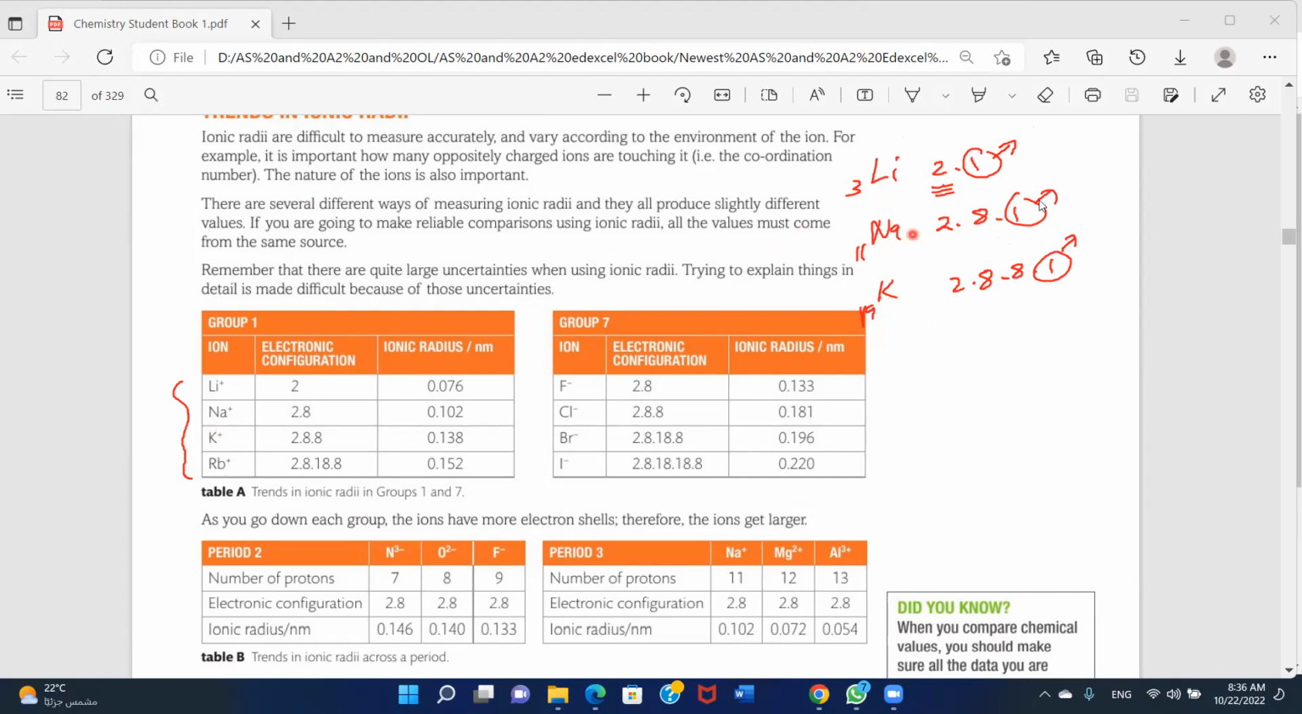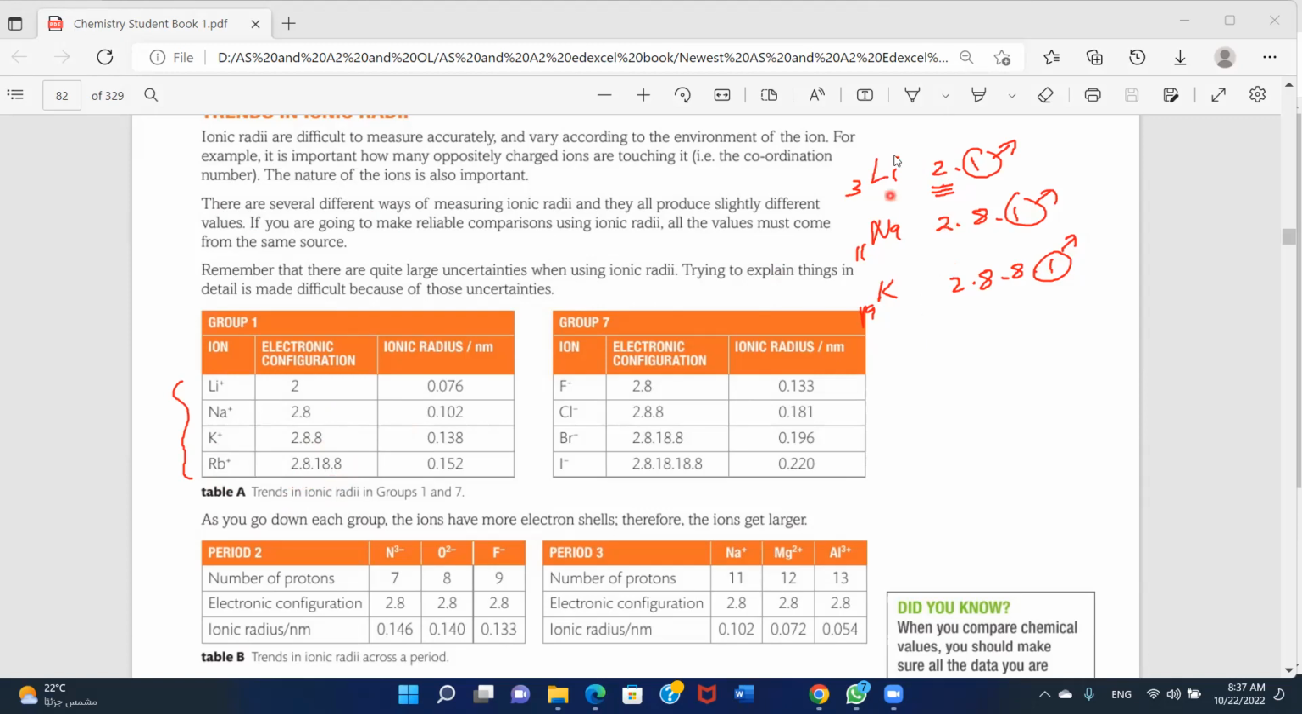When sodium lost this outer electron, now it has 2 shells containing its electrons, 2, 8. Potassium ion, when it lost this outer electron, it had 3 shells, 2, 8, 8, and rubidium, when it loses its outer electron, it will have 2, 8, 18, 8. But still, since we said in case of atoms, as we go down the group, the atomic radius